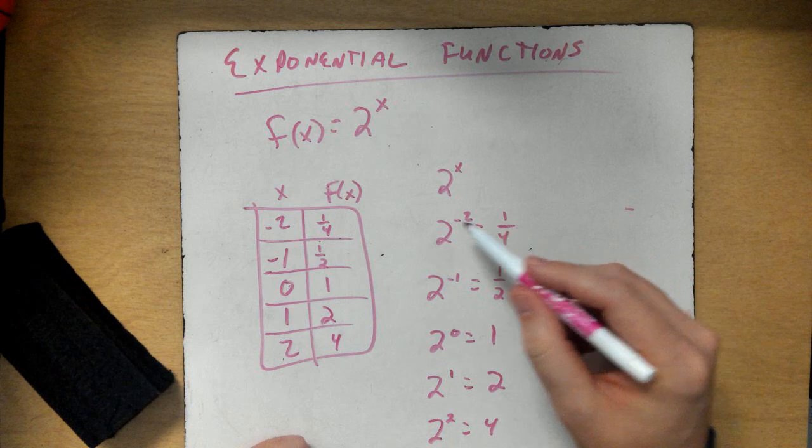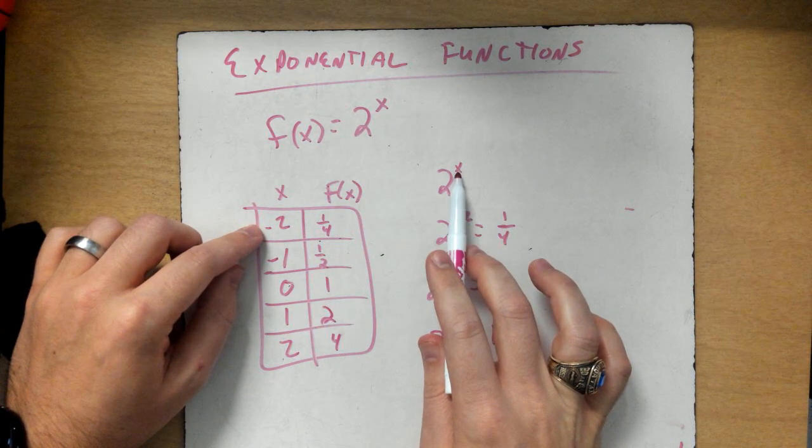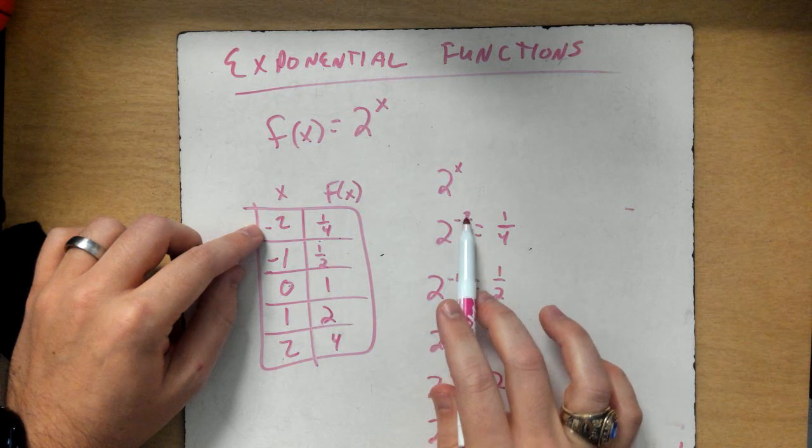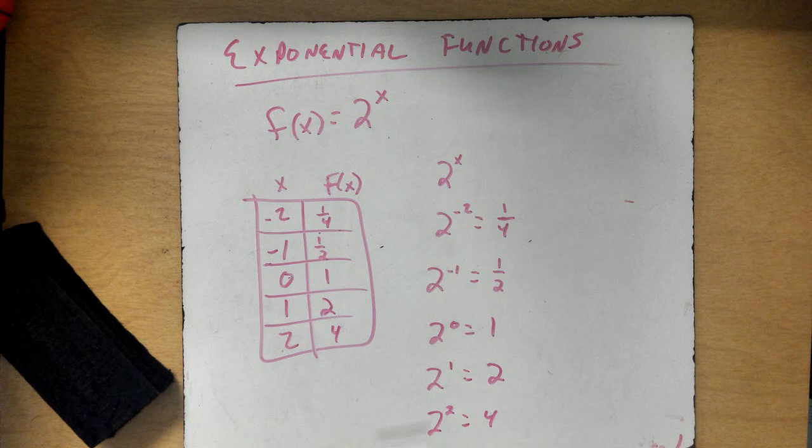So all I did was take my x, plug it in here, and then just solve it, 2 to the 2nd power. You can do this in the calculator, you can do it in your head, however you want to do it. Now, if I were to graph this,